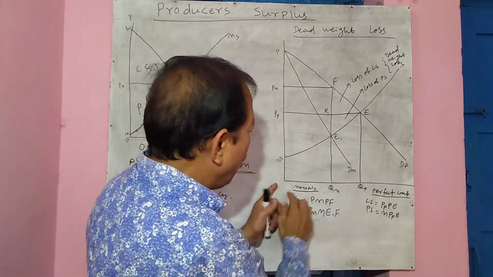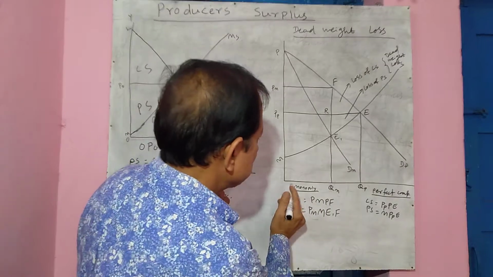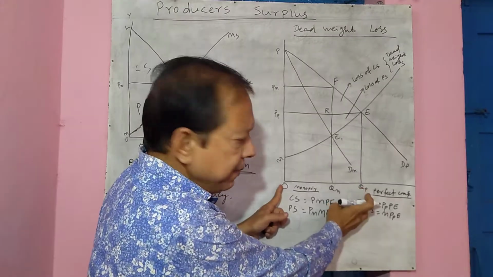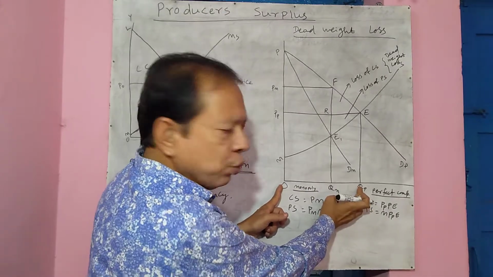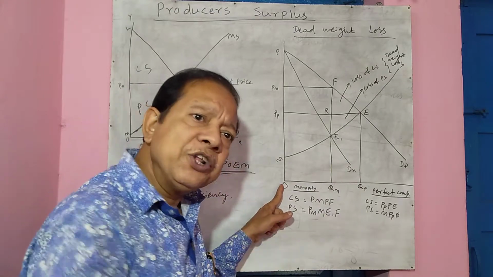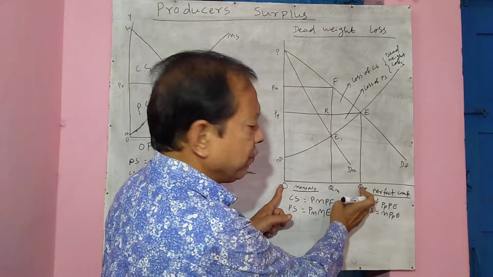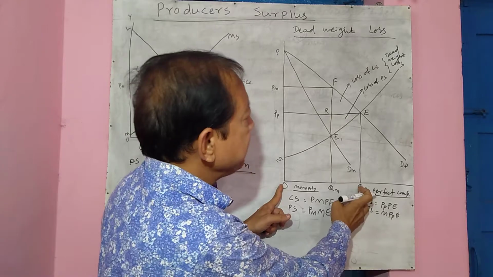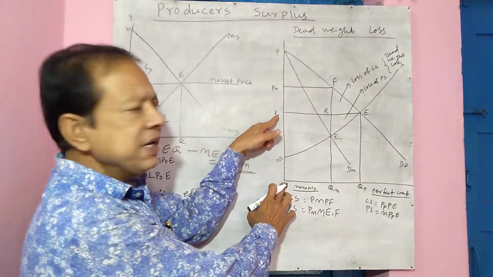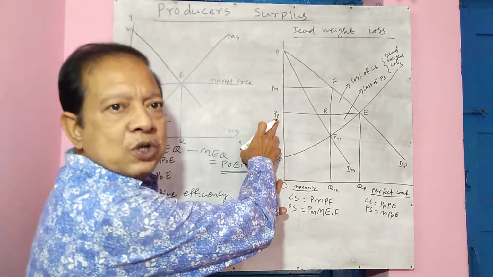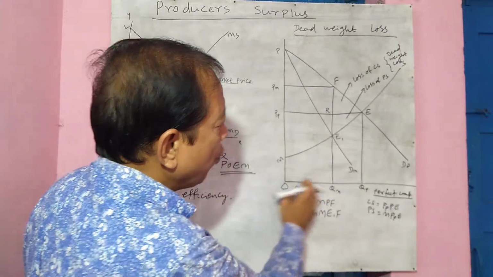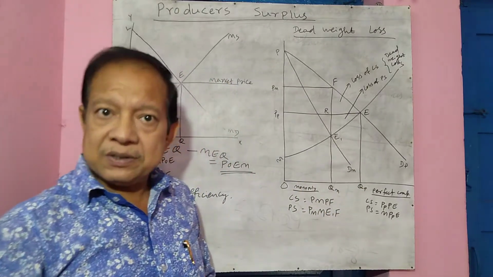Accordingly, let's say this is O, OQP. OQP, P means perfect competition. So OQ amount of good is bought in the market. So OQ amount of good is traded in the market. And what is the price? The price is OPP, this is the price of the perfect competition market. Therefore I have written here PP. So OPP is the price, OQP is the demand.